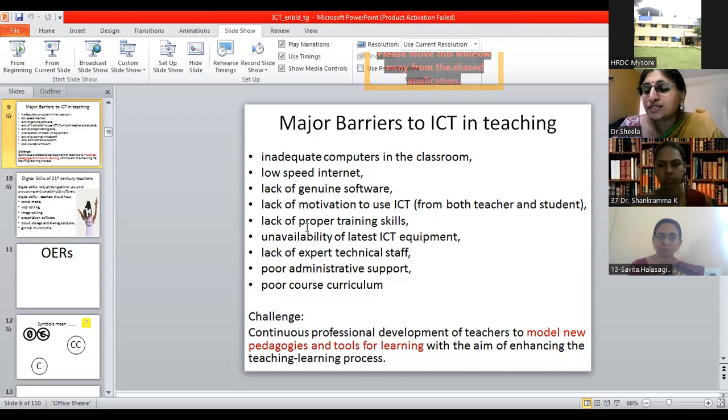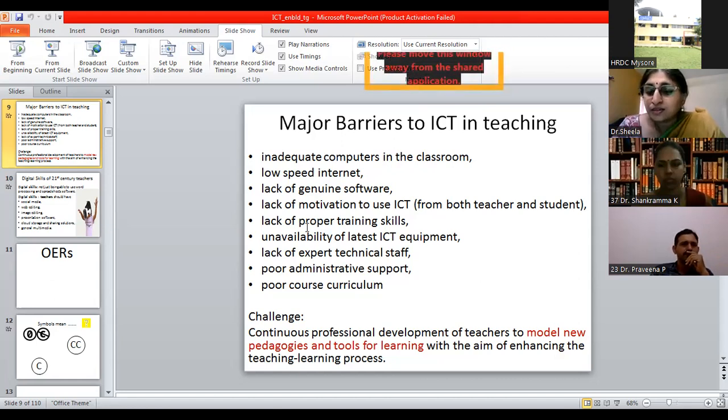speak about using ICT in teaching, the teacher herself should be able to use new pedagogies. Because we know we have different pedagogies of teaching, where we are using different methodologies, and there are different models of teaching which we can use. There are certain models which are aiming at developing certain abilities in students, because now when we are saying teaching and learning, it is not just transmission of information to the students. The teacher now does not have the role of just transmitting knowledge, because knowledge is readily available to the